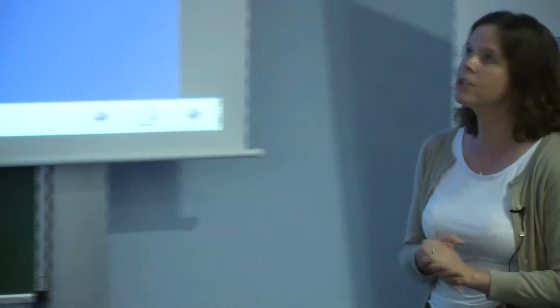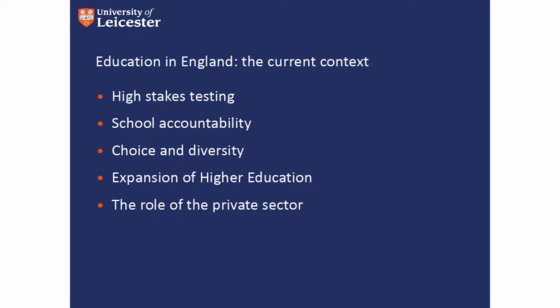So a little bit about education in England then. I don't know how familiar you are with the education system in England, but it is probably largely the case that English school children are the most tested in the world. So we have national tests at age 11, at age 16. The school leaving age has just been raised to 17, and in 2 years' time will be raised to 18. So most students stay on in school beyond the age of 16, and everybody will have to up to the age of 18 quite soon. But it is a system that is heavily based around testing.